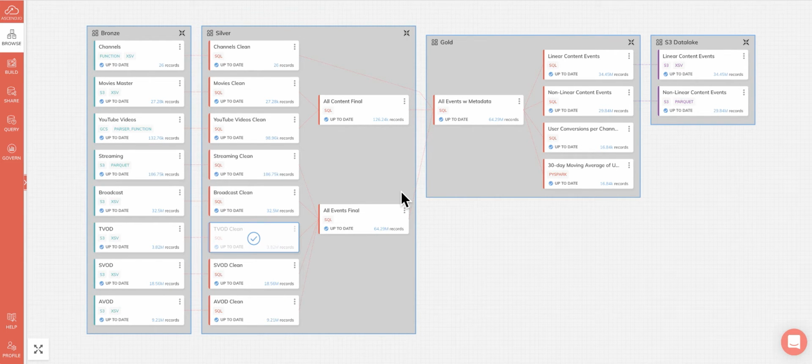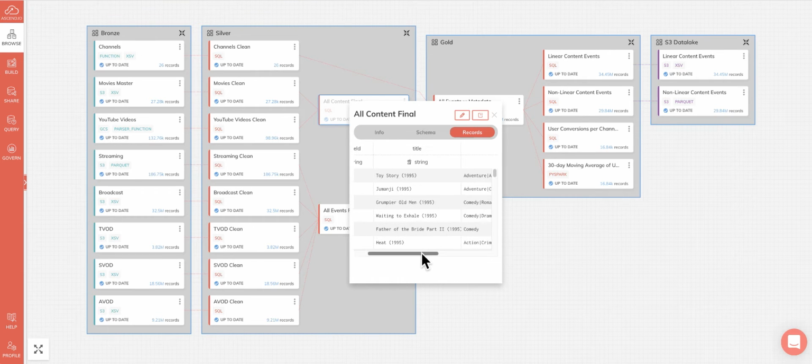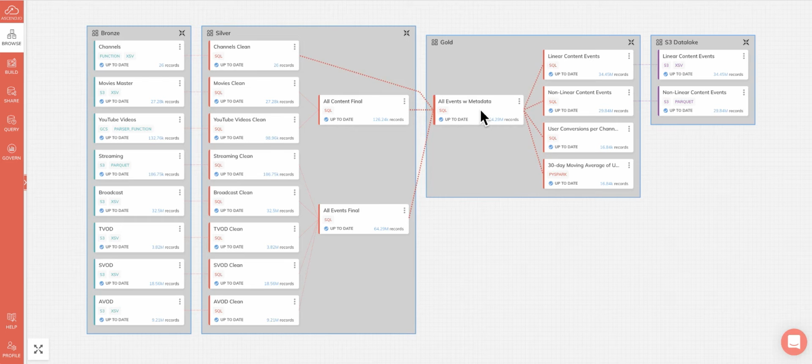From this, we actually construct the tables that we might use for data science at the silver tier, not quite ready for data and analytics or BI tools, but still useful and not incorrect data. Again, with the Ascend platform, at each step of the way, each individual record is explorable, and we can check that out. Moving on to the gold tier, where we've done things like join and aggregate the data, we've been